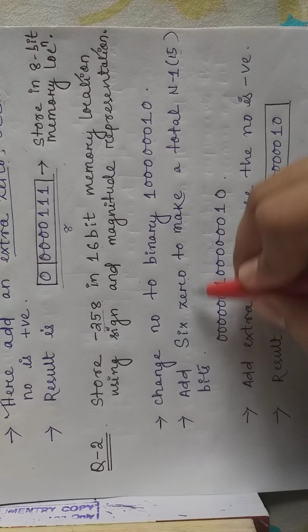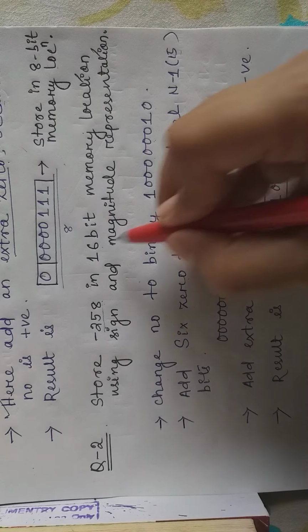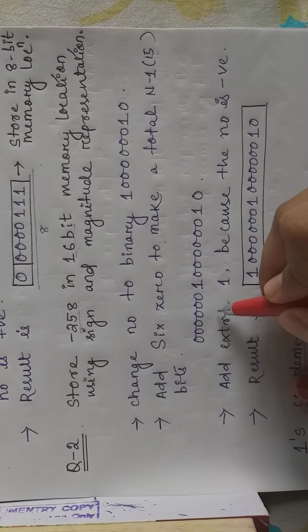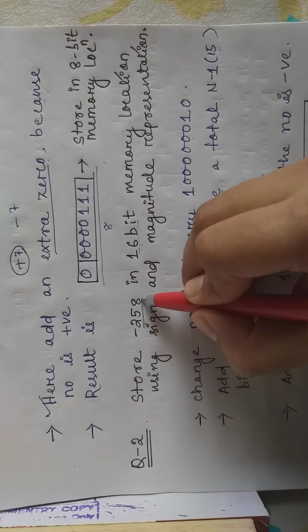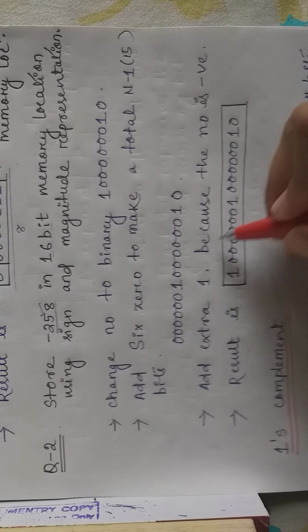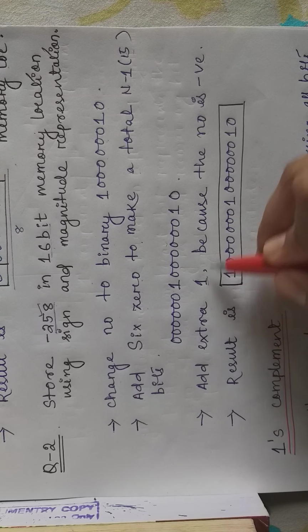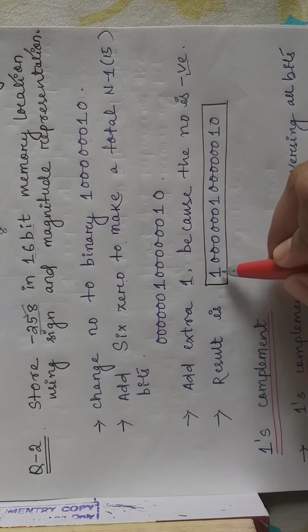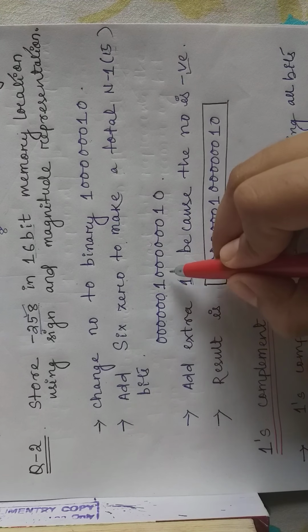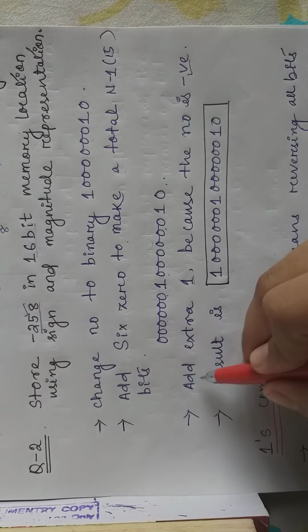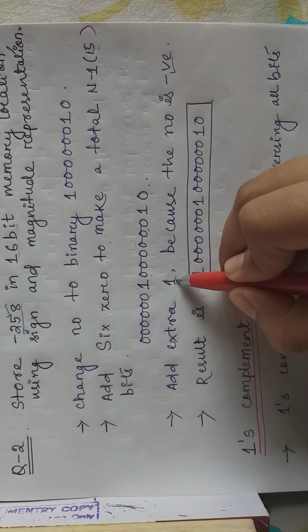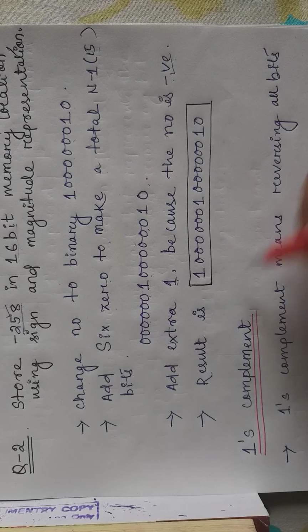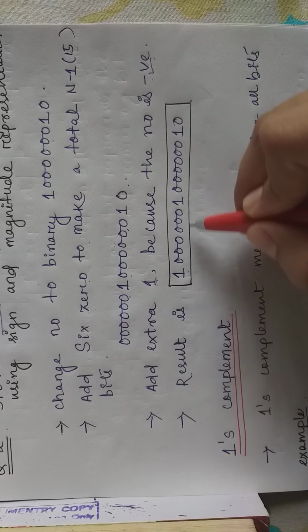First we will add 60 to make it 15-bit, and finally we checked that yes, the number is negative. So finally we will add the extra 1 because the number is negative. So here 60 16010, and in the last step we are adding 1 because the number is negative, and the final result is